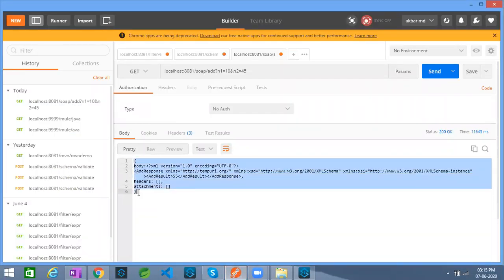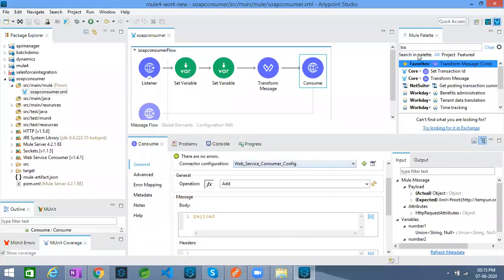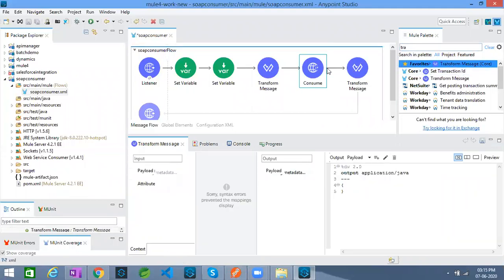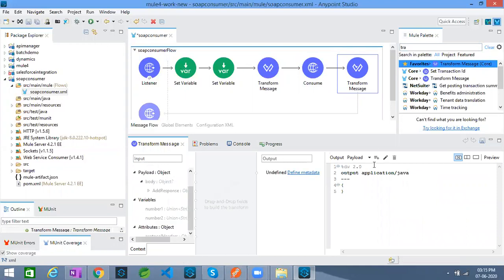So I would like to filter out to get more granular information. I'm transforming this particular output one more time. I don't want Java, I want the output in the form of a JSON. So I have the payload. If you closely observe this particular section, whatever the response which is written by your SOAP service is held in your payload section.